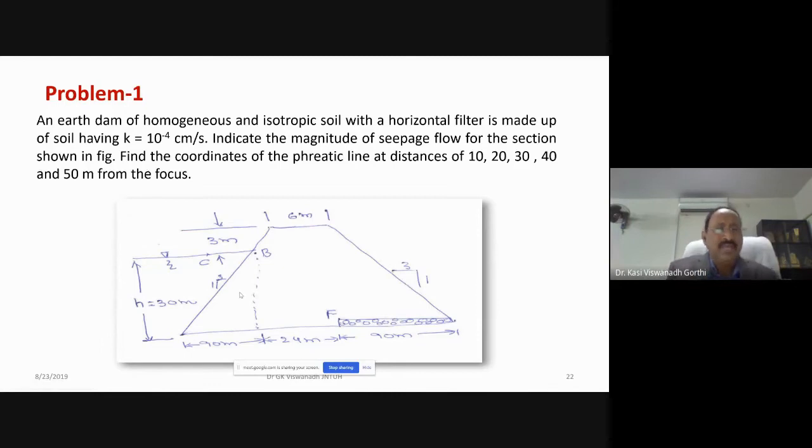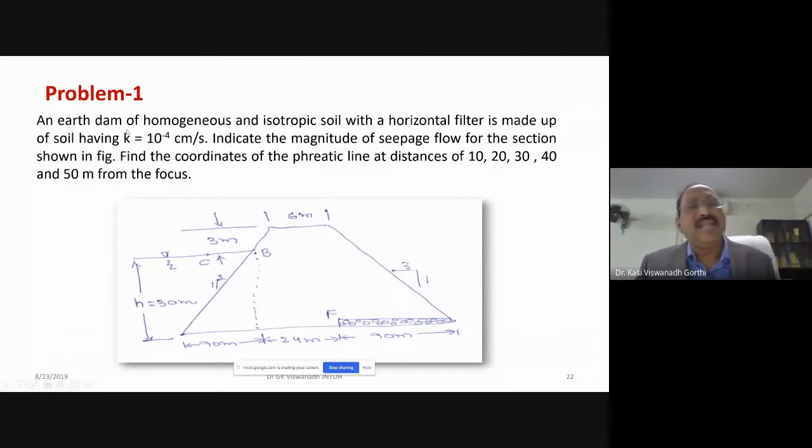So we have seen a very important topic today about the seepage control, which is the biggest challenge in any of the earth dams. We need to control the seepage to see that the dam section is safe. Now we try to work out one or two problems. And this is also related to our seepage analysis.